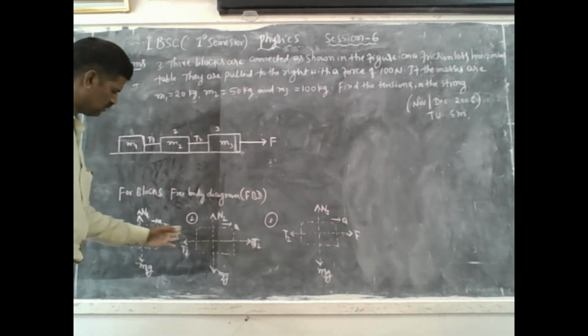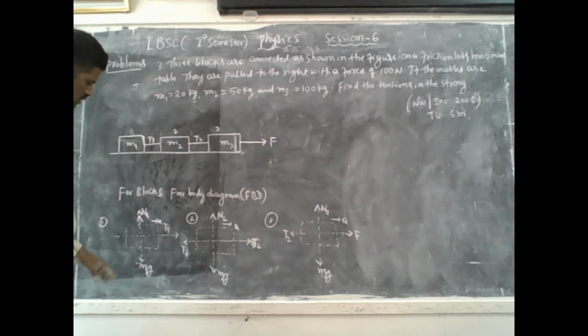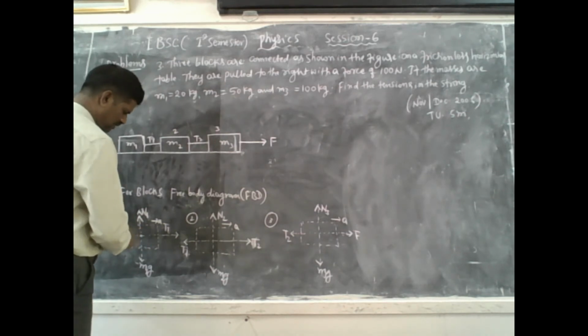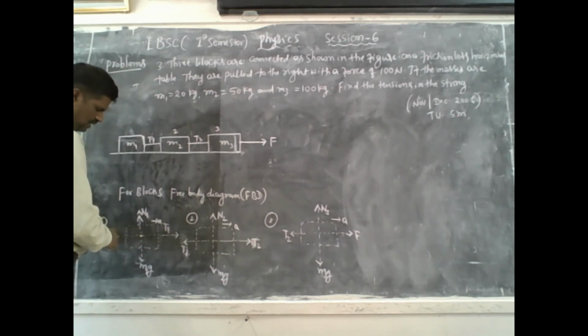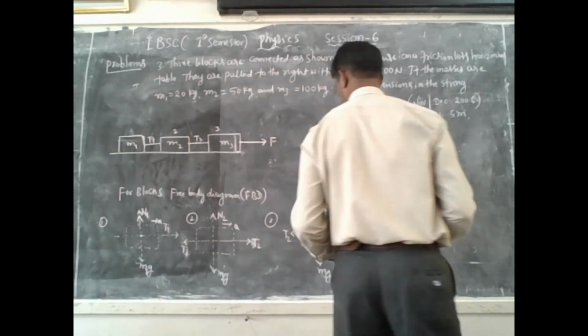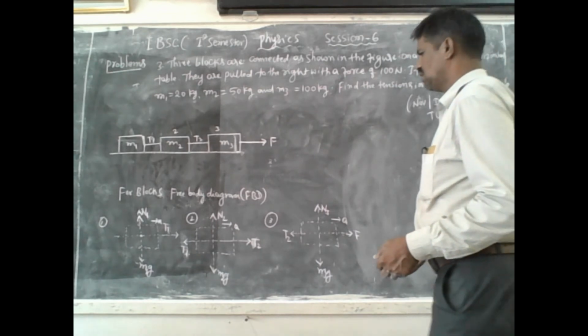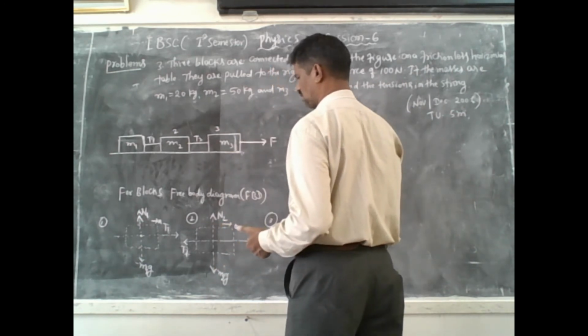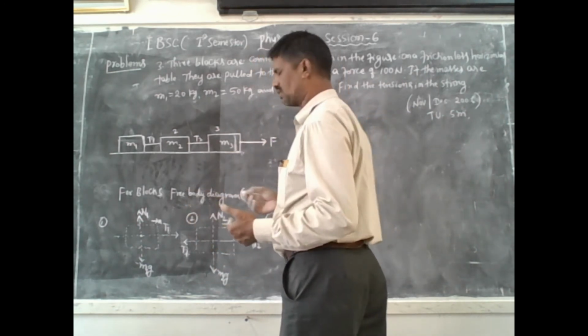So this is the positive coordinate and this is the negative coordinate, isn't it? From this point, this is the origin, and above the origin is positive and below the origin is negative. And left side of the origin is negative and right side of the origin is positive, isn't it? So now we are going to calculate from the FBD diagram. We have to consider action and reaction, and the equation of motion also.